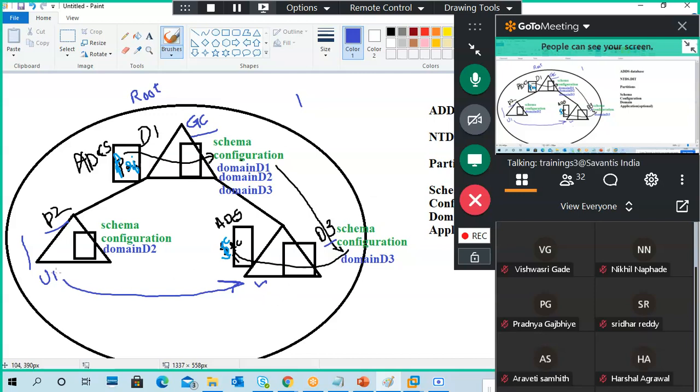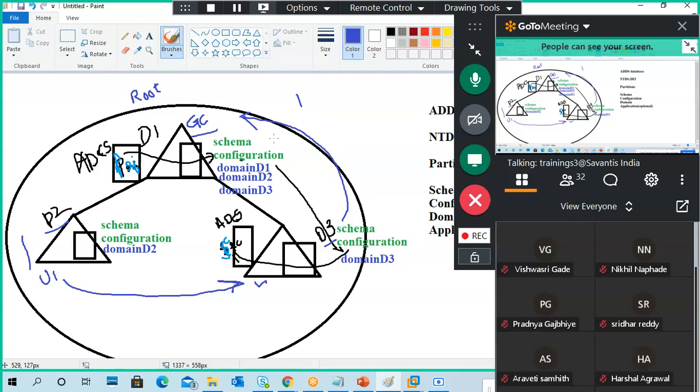For example, u1 in d2, and d3 doesn't know who u1 is or the d2 information. So it tries to contact your global catalog server for authentication purposes.